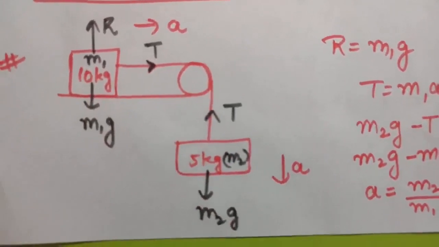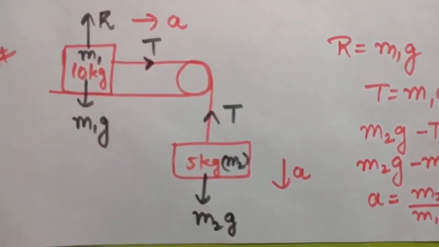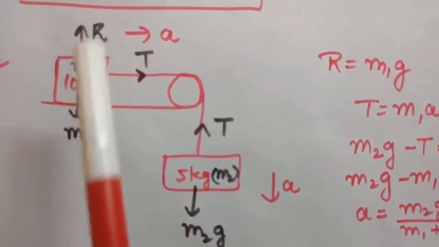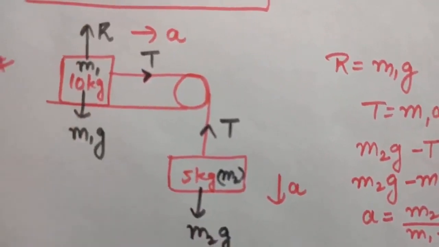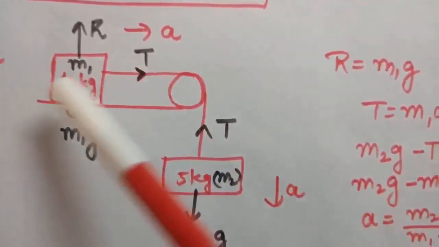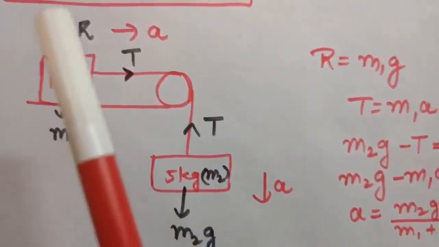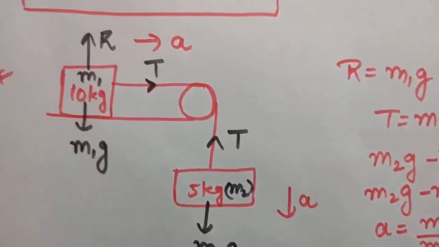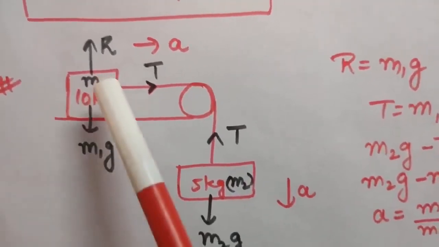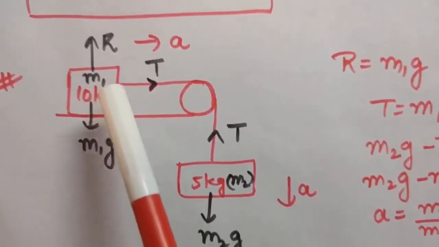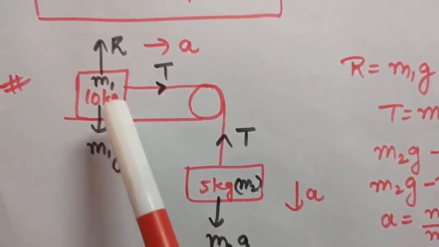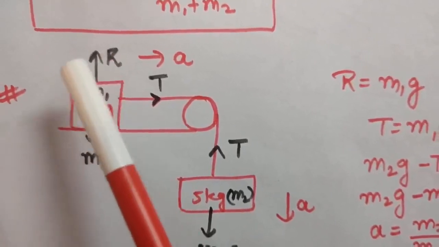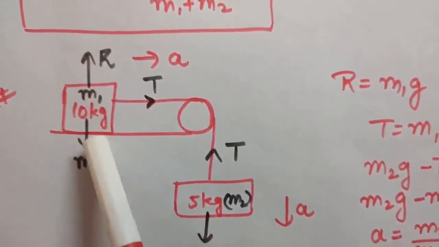So the first thing is, we can equate the forces only in particular directions. That is, if you are equating the forces in y direction, you will only take the forces which are acting in y direction. And if you are resolving forces in x direction, you will take only the forces which are in x direction. So as you can see, this m1g is now in y direction. And now can you tell what will be the normal reaction on this block and who will apply that? Because this block is kept on the table, its weight is acting on the table, so the reaction force will be applied by the table in upward direction. So this R is due to this table on this block.